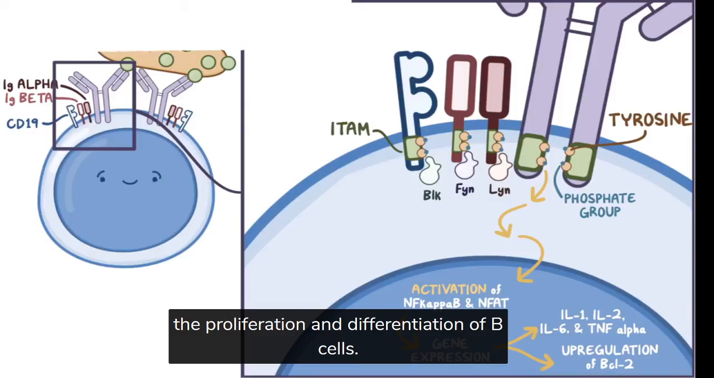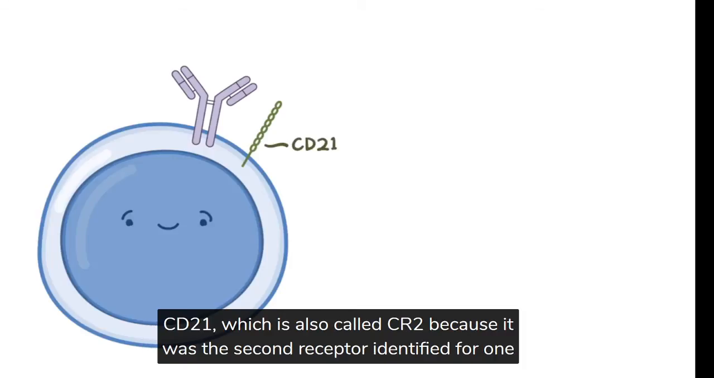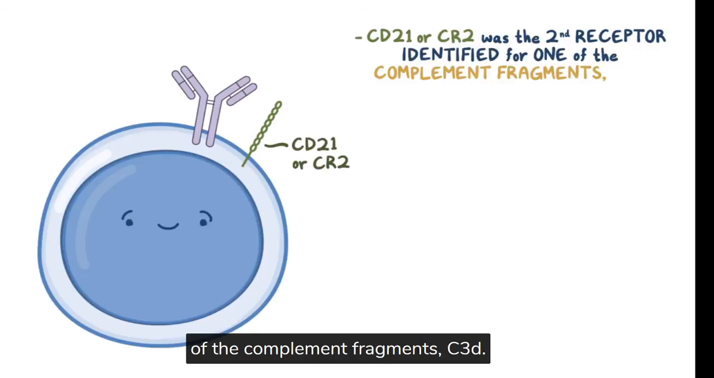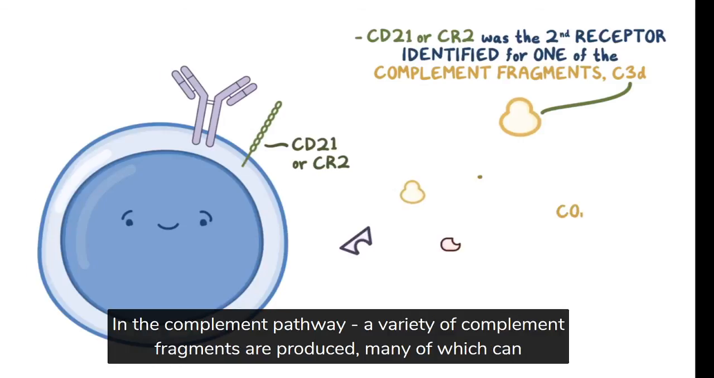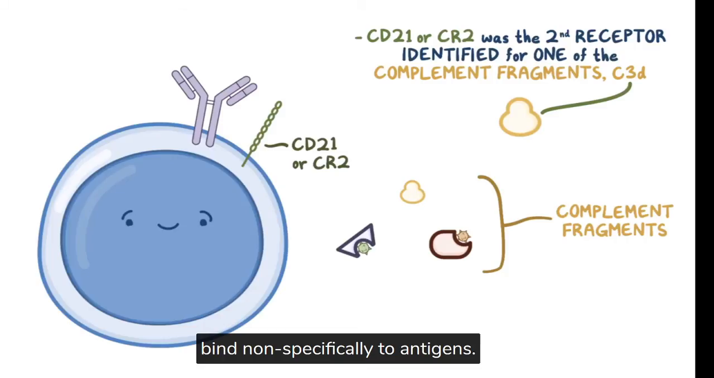An entirely different, alternative way for a B cell to be stimulated is using the molecule CD21, which is also called CR2 because it was the second receptor identified for one of the complement fragments, C3d. In the complement pathway, a variety of complement fragments are produced, many of which can bind non-specifically to antigens. C3d can bind to an antigen and